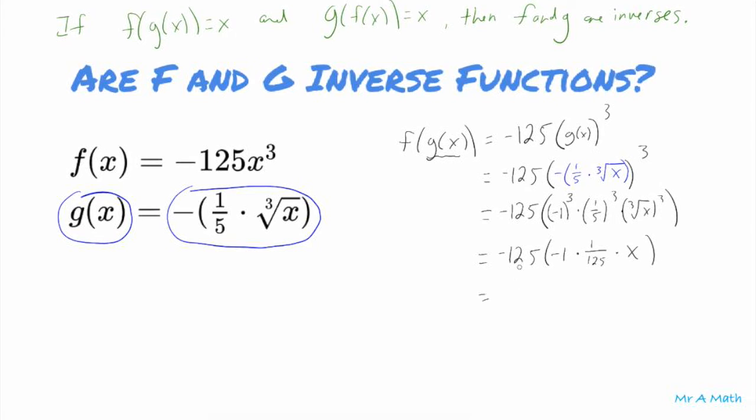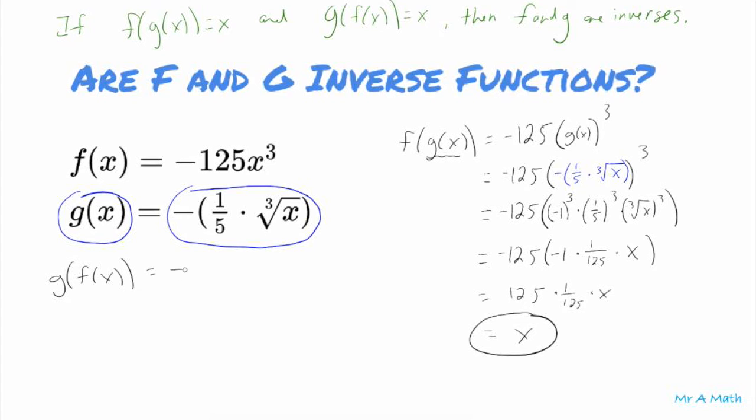And so now when I simplify all of this down, negative 125 times negative 1 is just 125 times 1 over 125 times x, and that's equal to just x. So f of g of x works out. But let's check out g of f of x. So if I have g of f of x,